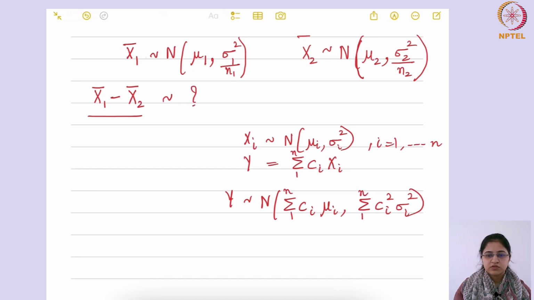So if these xi's are independent, then their linear combination again would be normally distributed, and